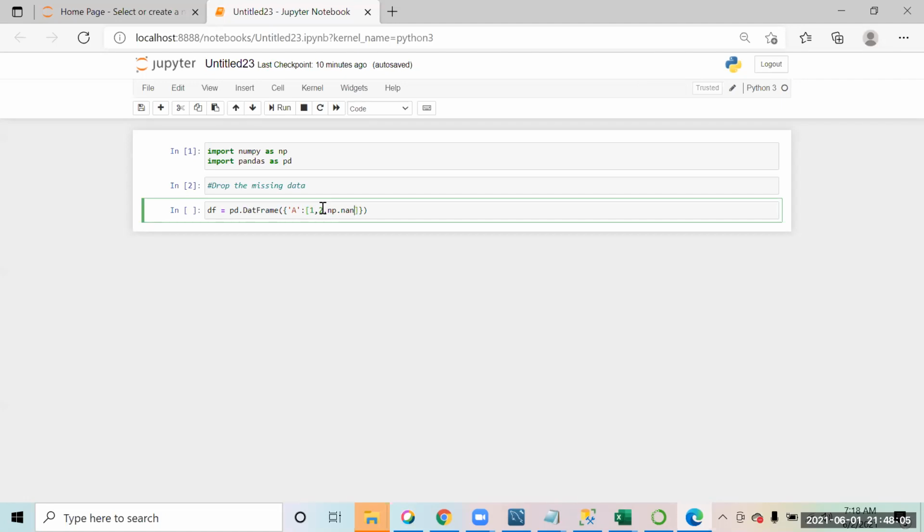You just say np.nan. This is a dictionary in which the key is A, and in the list I am giving 1, 2, and 1 null value, which is a missing value that I'm adding over here.